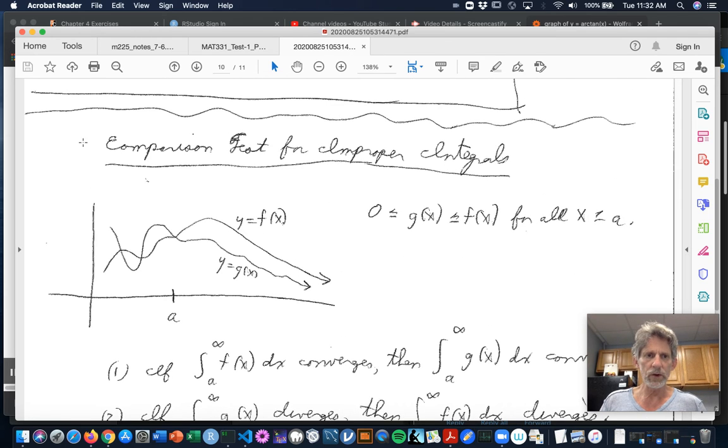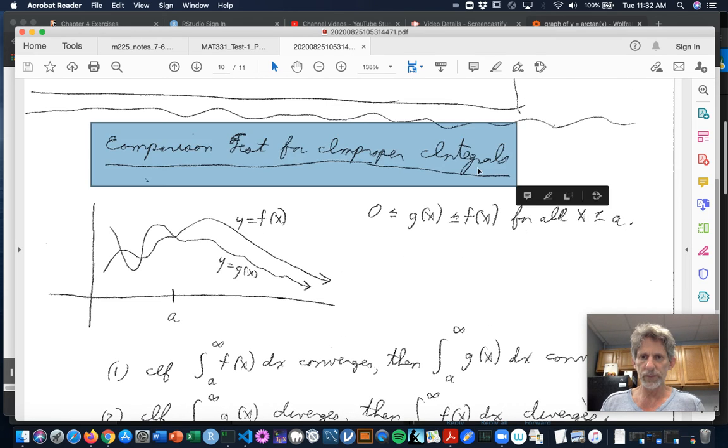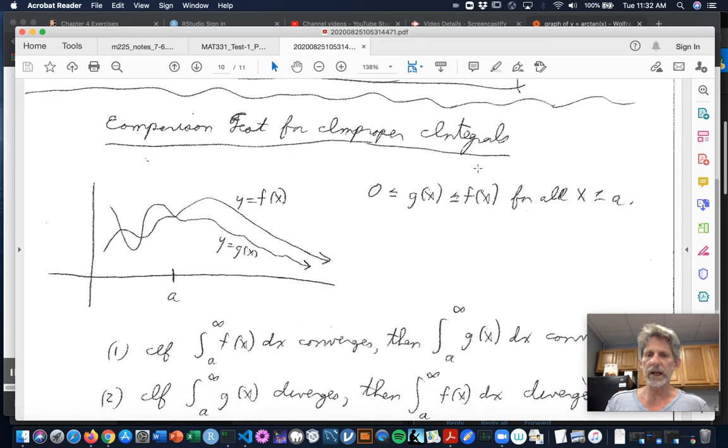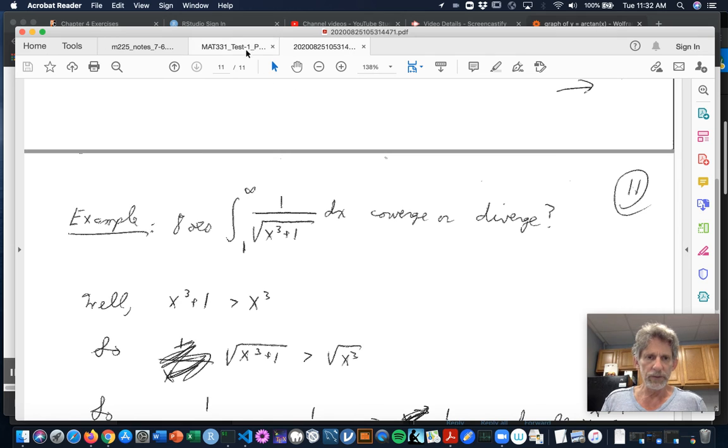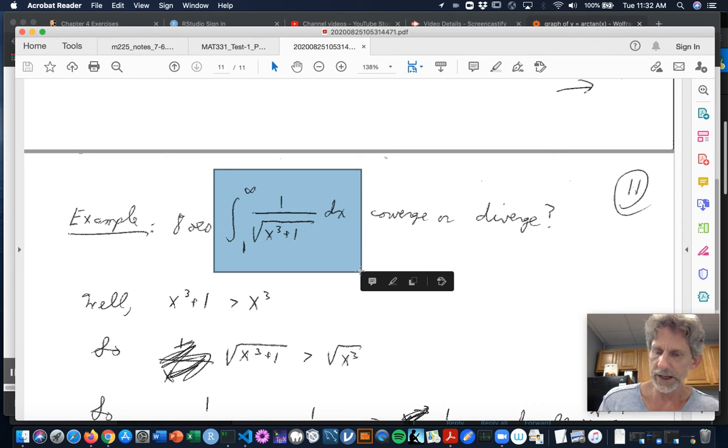So that's the so-called comparison test for improper integrals. Why did they call it a test? Well, it's the way you can use it. For example, suppose you're wondering, does this improper integral converge or diverge? Well,